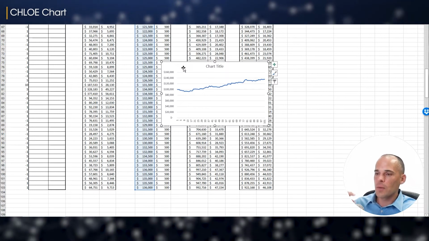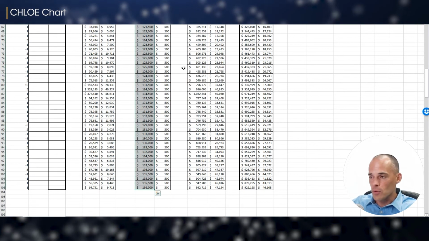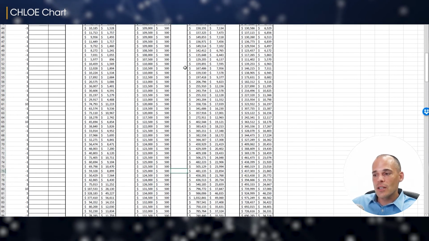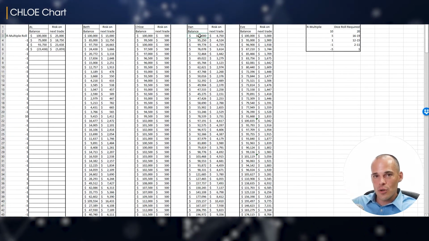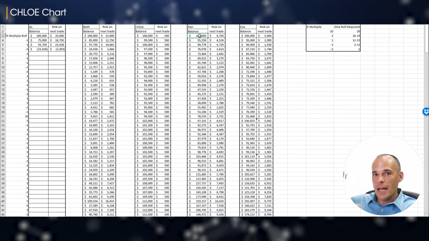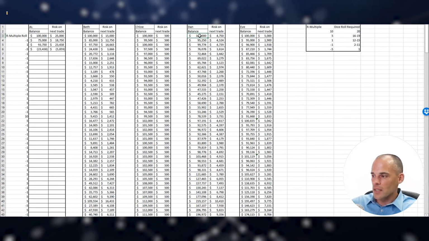Now, granted, a lot of people say, well, you left a lot of money on the table. That's true, but psychologically it's much easier to handle, and most people actually enjoy a steady uptrend far more than they enjoy really massive increases with a lot of volatility.